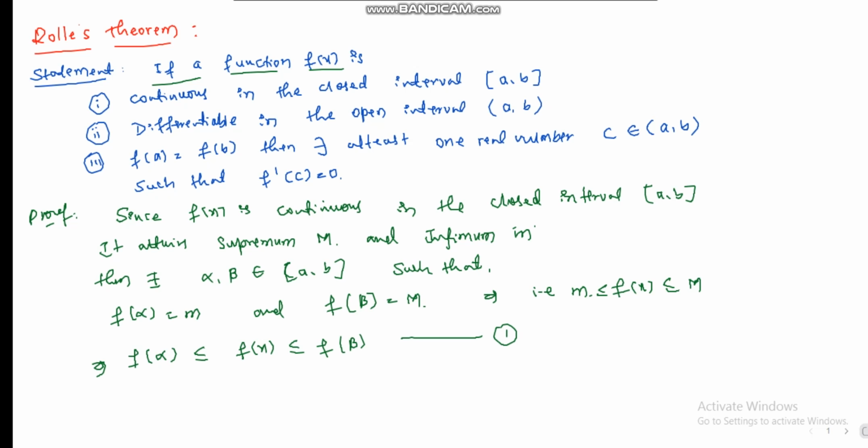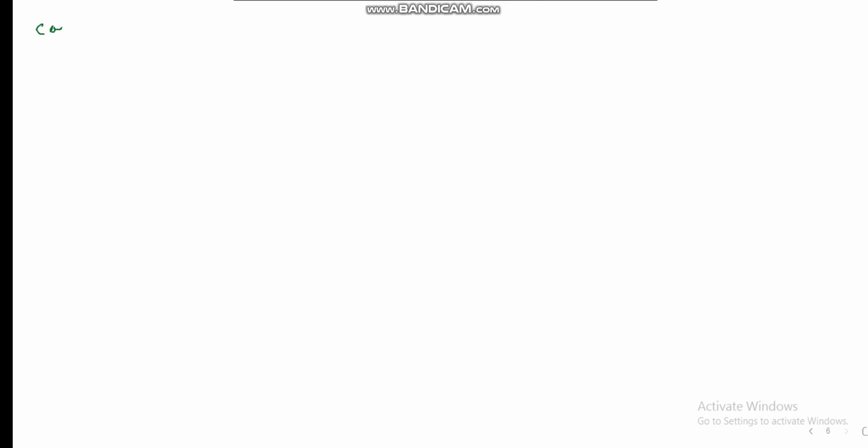Case one: the infimum and supremum are equal. So first we take, let small m be equal to capital M. It means infimum is equal to supremum. Then f(x) is a constant function in the closed interval [a, b],